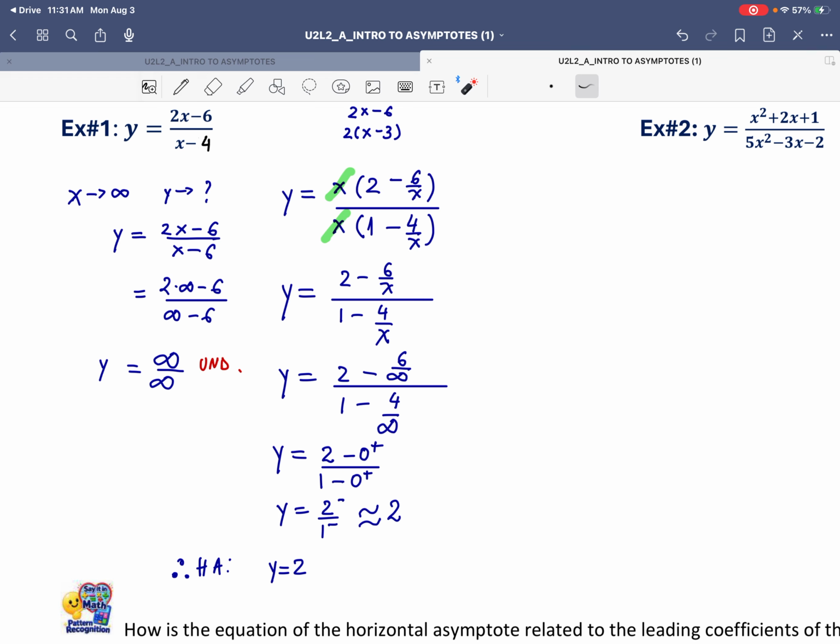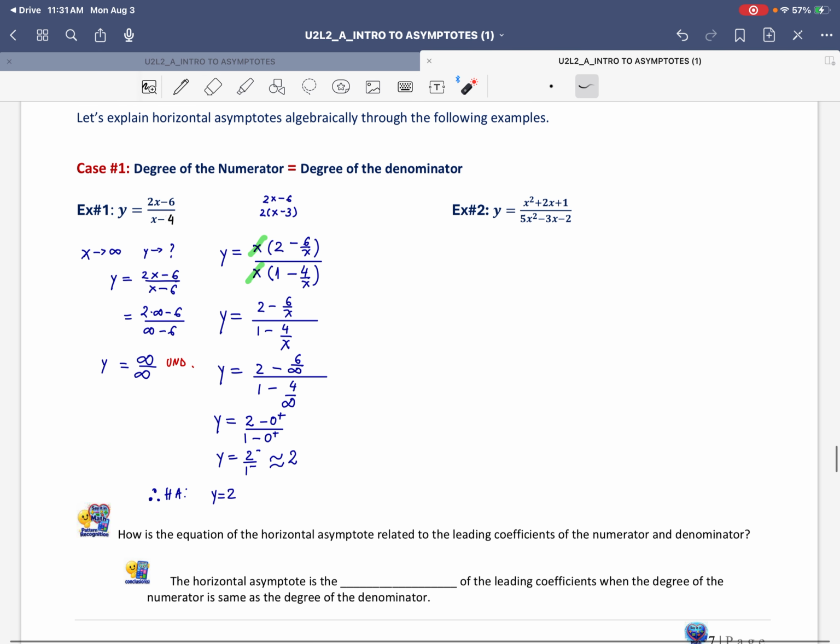And I wanted to very quickly verify this one in here. So if we have 6 over negative infinity, 4 over negative infinity, here we're going to have a plus 0 instead, because this is going to be a 0 minus. So minus 0 minus is a 0 plus. And that will end up being 2 plus over 1 plus. It's still going to be equal to 2. So y equals 2 is the horizontal asymptote. Now, next we're going to look at